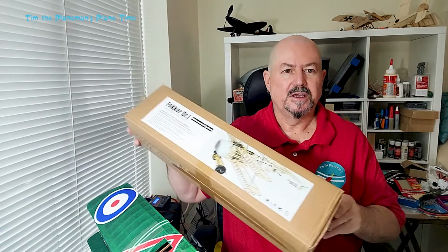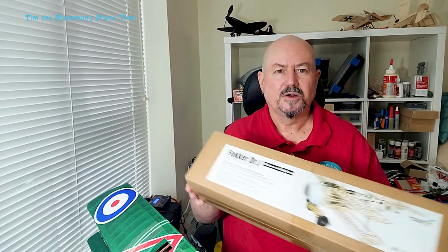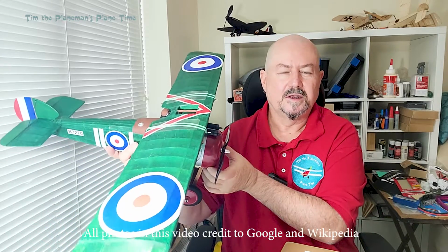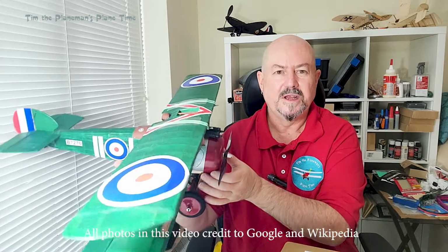I've just received my Dancing Wings hobby kit of the Fokker DR1, which is the triplane that Baron von Richthofen of the Luftwaffe famously flew in World War I, fighting against the British Sopwith planes, including the Sopwith Camel, and for many years it was